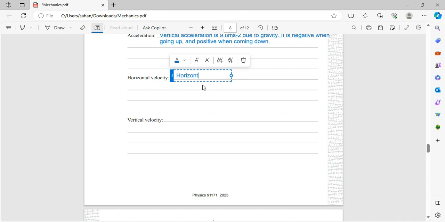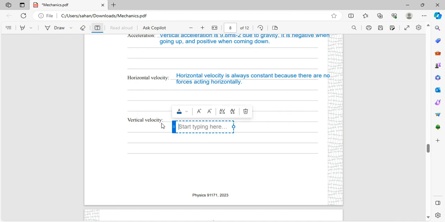Horizontal velocity is always constant because there are no forces acting horizontally. Okay. And then okay, so vertical velocity is probably the hardest to talk about, or there's the most to say. So vertical. Okay, so